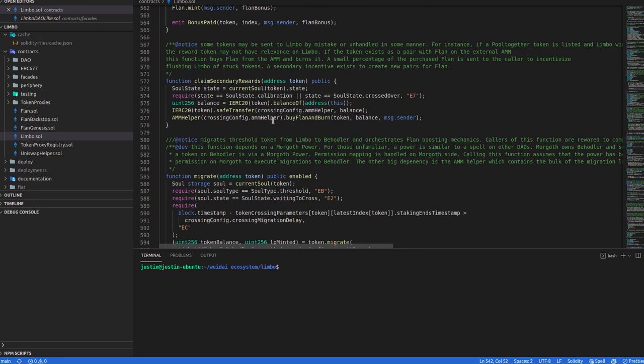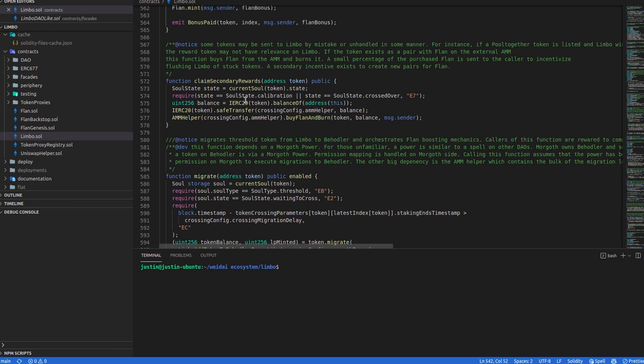Claim secondary rewards. What is this for again? Oh yeah, okay. So sometimes tokens end up in Limbo that aren't supposed to be there, but they're there anyway, and we want to be able to claim these to withdraw them from Limbo. Otherwise, they float around, and we don't want them anymore. And so they're just lost to the system.